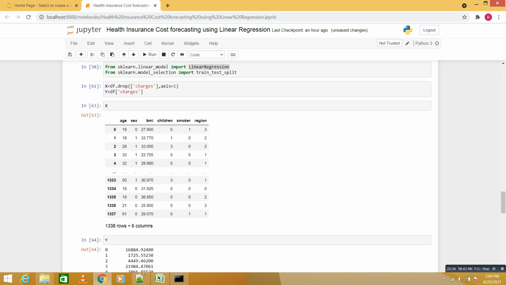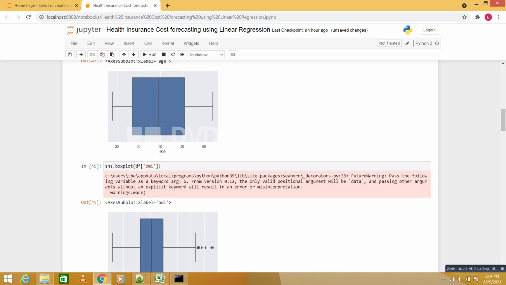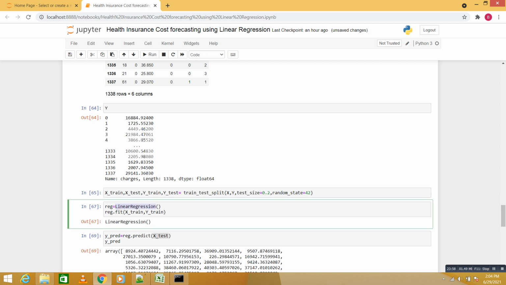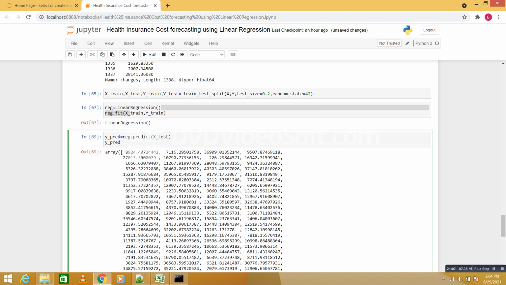Whatever data we have cleaned up, whatever data we have in our data set, we have fit it into this equation, or this regression. That is nothing but the fit. So now the next thing is we're going to predict the value. We already predicted it. Now we have to evaluate this model. For model evaluation we have a few techniques.